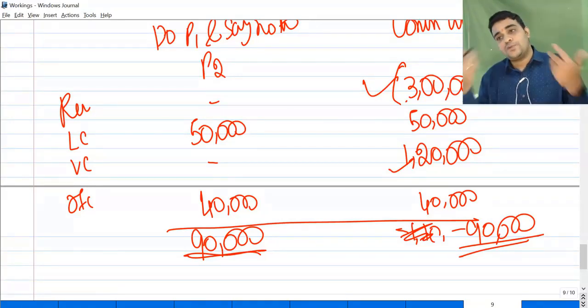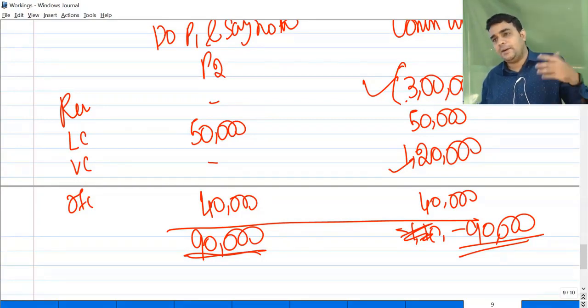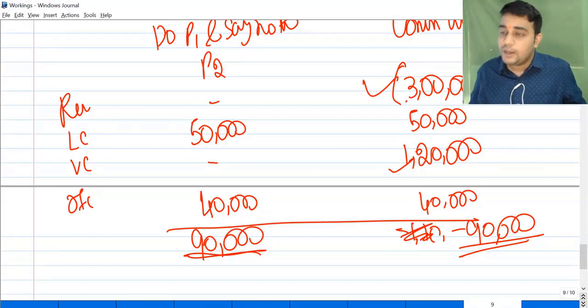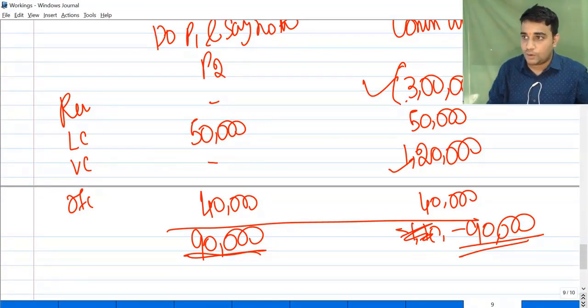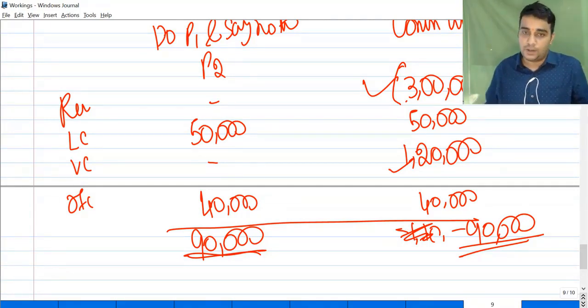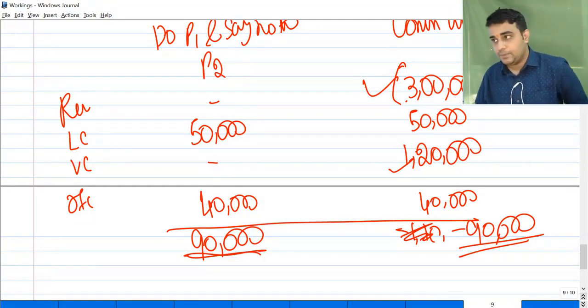This yes minus no works for any scenario. Material A, material B, material C, relevant cost of material. Every adjustment you can put in a yes no scenario. The only thing is it will take more time, because you will have to analyze it in detail and then get to the answer. But any adjustment can be put under the yes no scenario. Logically you think about the steps, what will happen, and then the answer will automatically come. Yes minus no will give you the relevant cost. So 90,000 minus of minus 90 will make it 1,80,000. Any doubts on this?